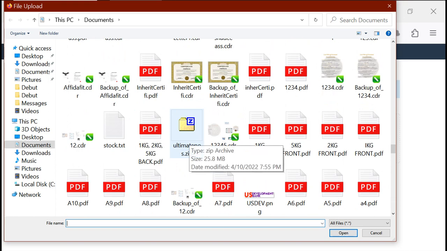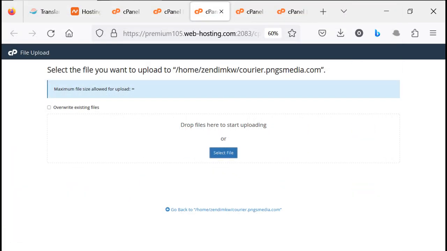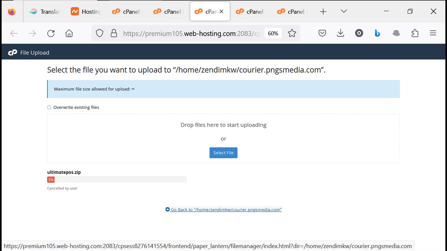So if this is the file you want to upload, you just double tap on it and you start uploading down here. As you can see, you start uploading, but this is not the file that we'll be using. As I said earlier on, instead of uploading it newly, I already have it inside my cPanel, so there is no need of me uploading it. So I'm going to go back